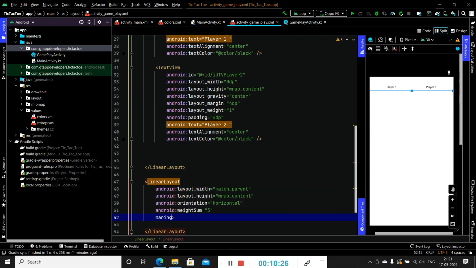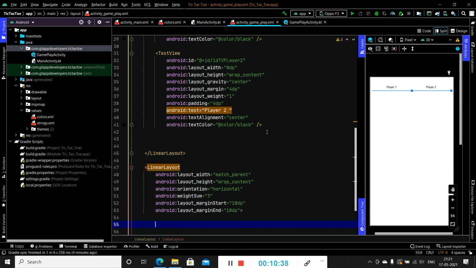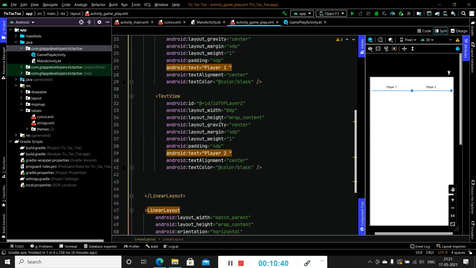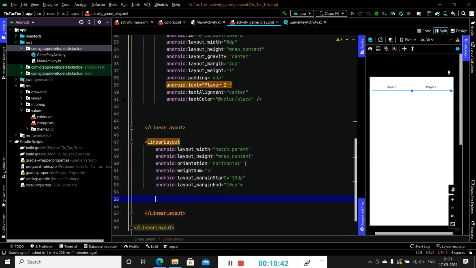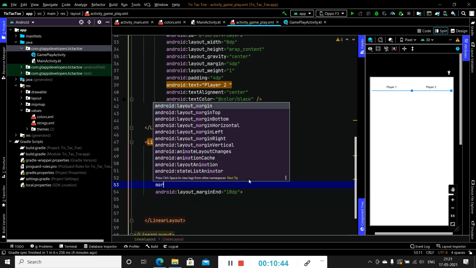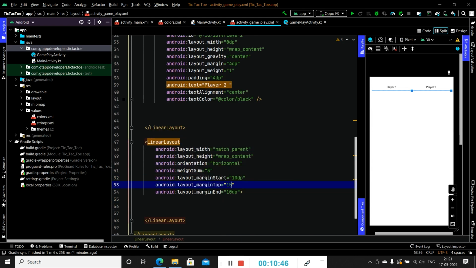We will specify margin start as 10 dp, margin end also as 10 dp, specifying margin top as 15 dp.